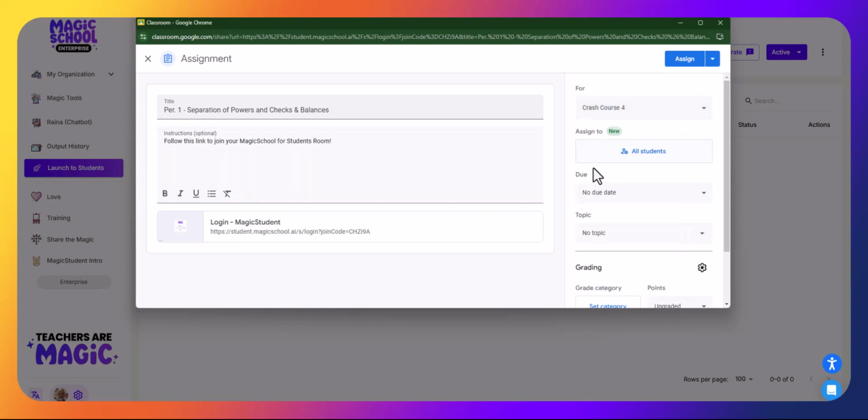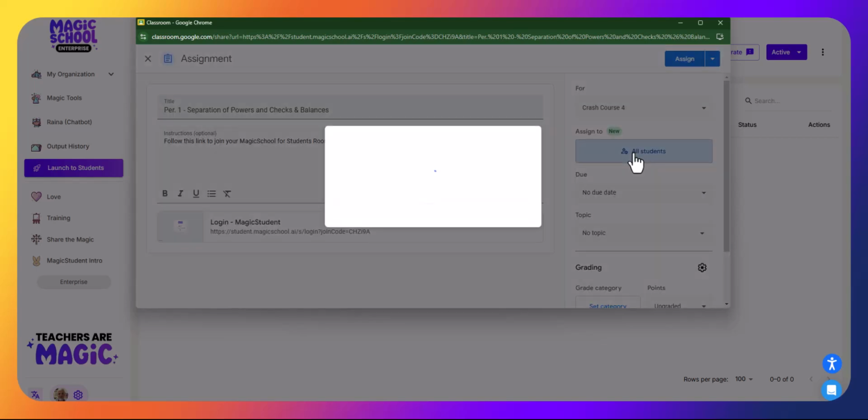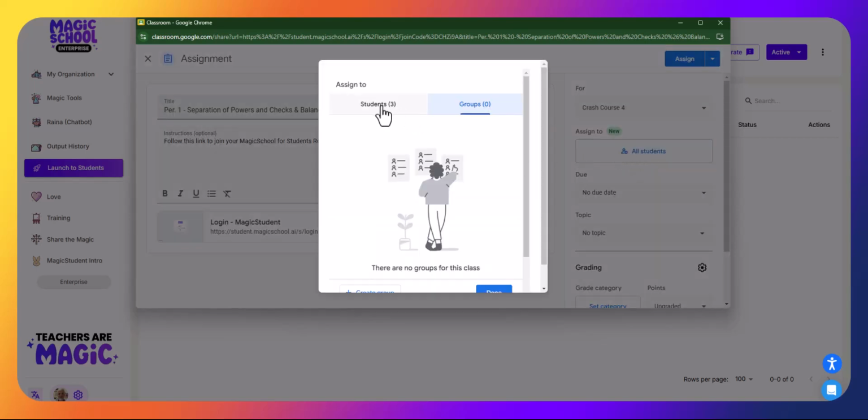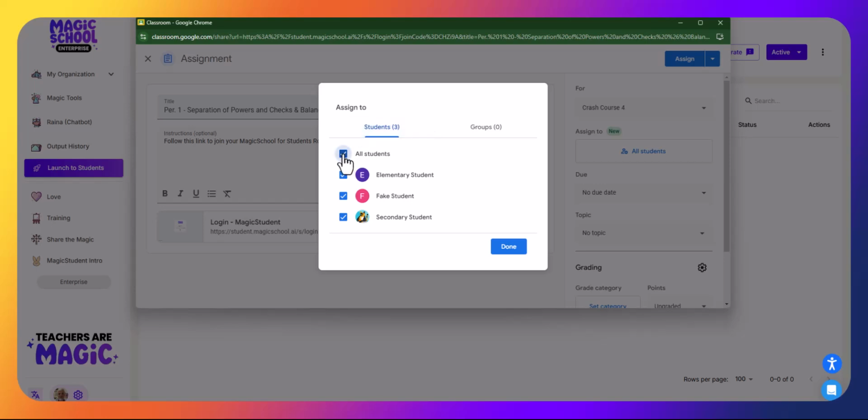The other thing I can do, though, which, again, is a plug for Google Classroom, let's say that this is a little bit into my instruction on the Constitution, and we've already done a quiz or something, and I've identified a group of students who are struggling with some concepts, and I want to give them some remediation and some additional resources. What I can do is, where it says Assign To, I can click that, and I can say, instead of assigning it to all students, I just want that student, or I just want that student and that student